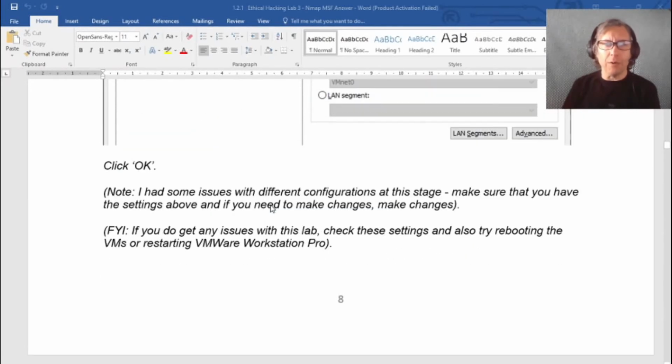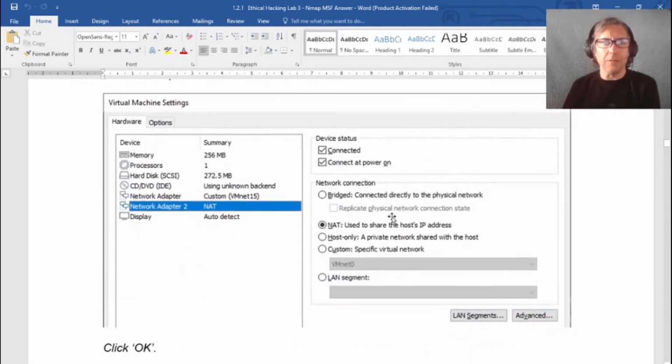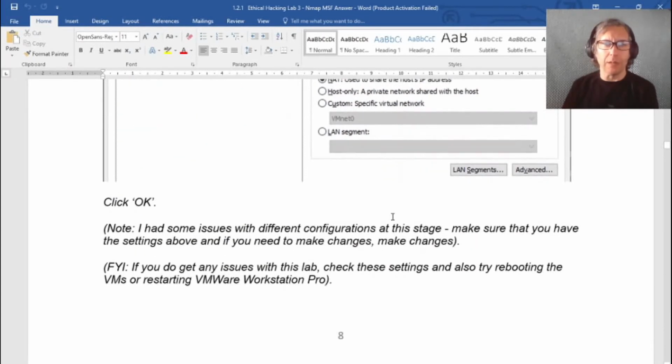Now, if you do have problems, it's probably to do with that configuration. I was doing some testing with different configurations, and I can tell you for sure that they won't work or won't work properly. So please make sure that you've got the settings noted above, and the notes are inside that video, as in that page,